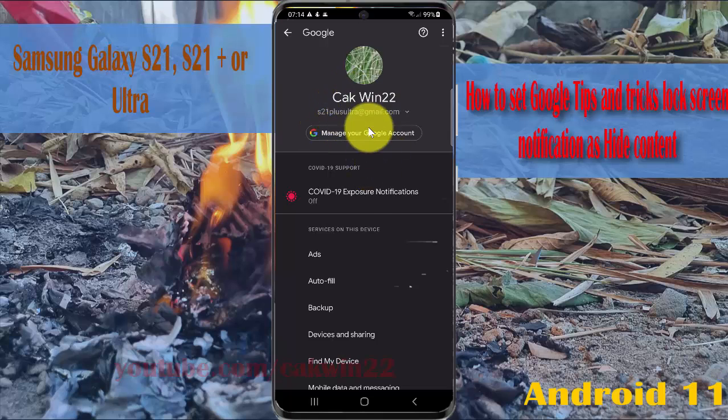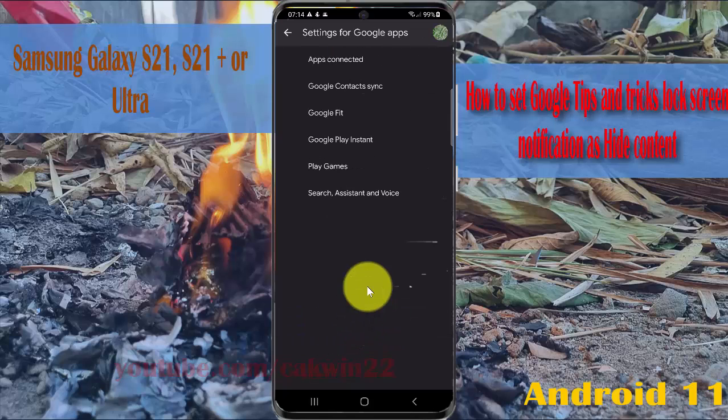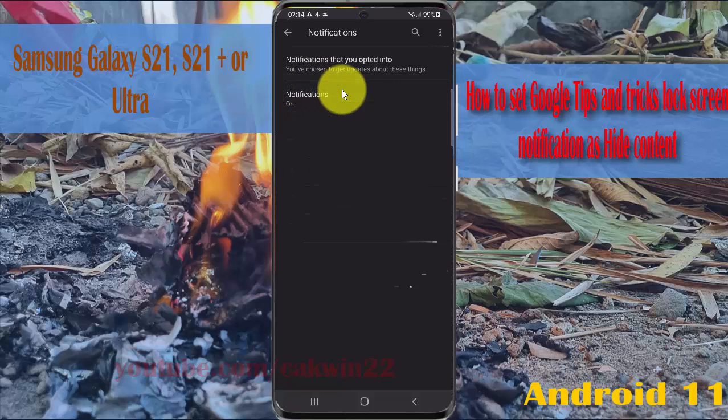and then scroll down screen, tap settings for Google Apps, and then select Search, Assistant and Voice, tap Notifications, and then select Notifications again,